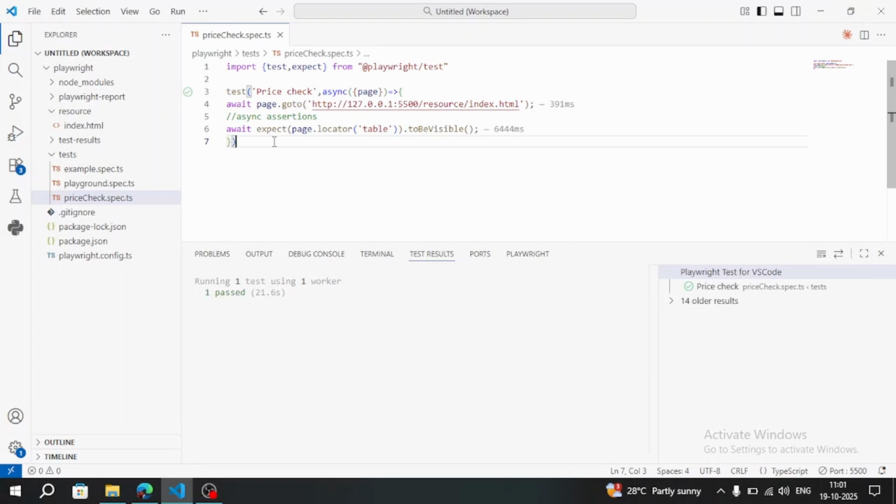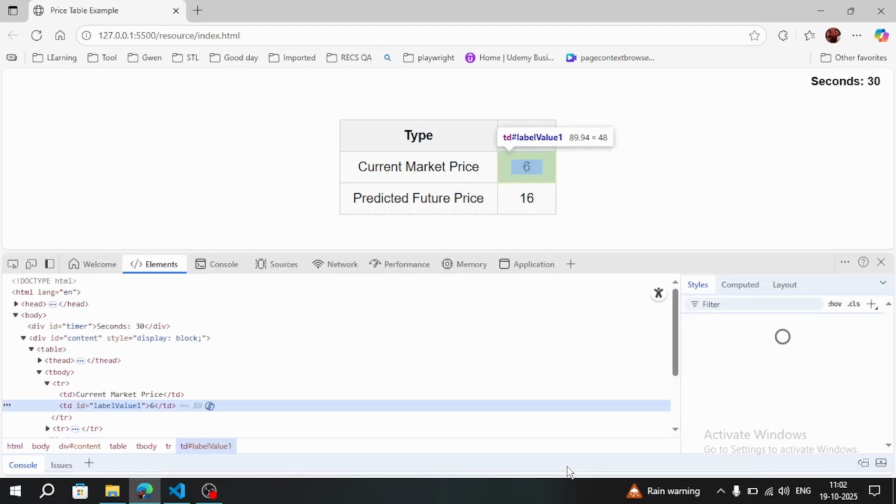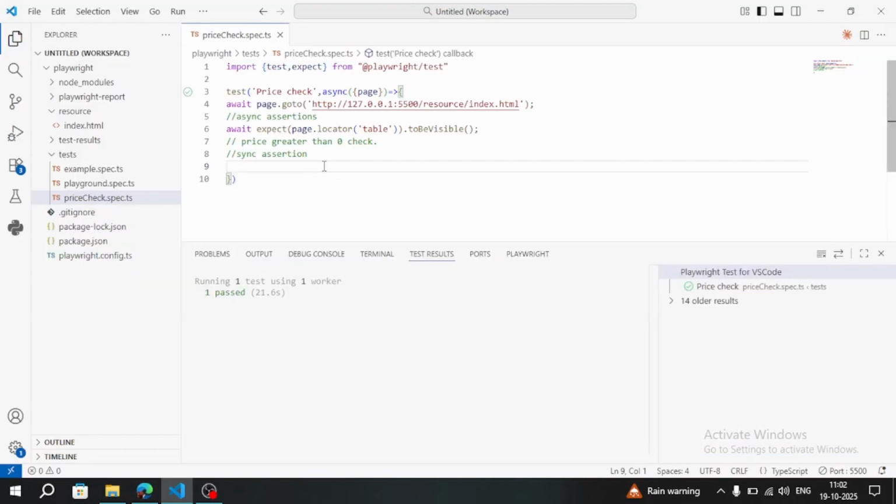Okay, so if Playwright is going to wait for everything, what about the synchronous assertions? We are going to do the synchronous assertion by checking whether the price is greater than 0. First of all we are going to get the text content of that HTML element which displays the current market price. That will be on some ID value. We can identify the element using the ID. Here it is label value 1, and await. Let's first get the text like I said before. Current price equal to